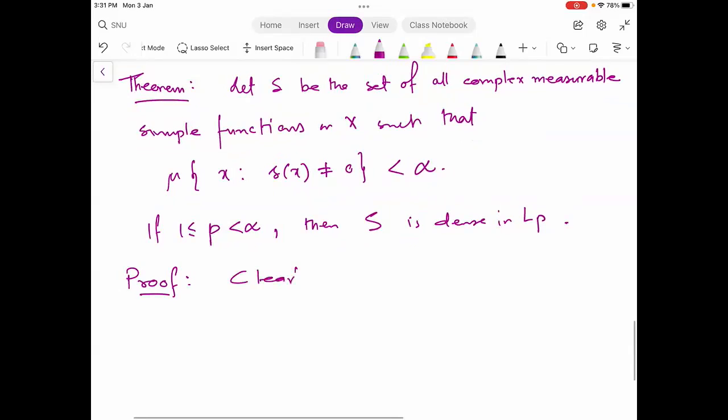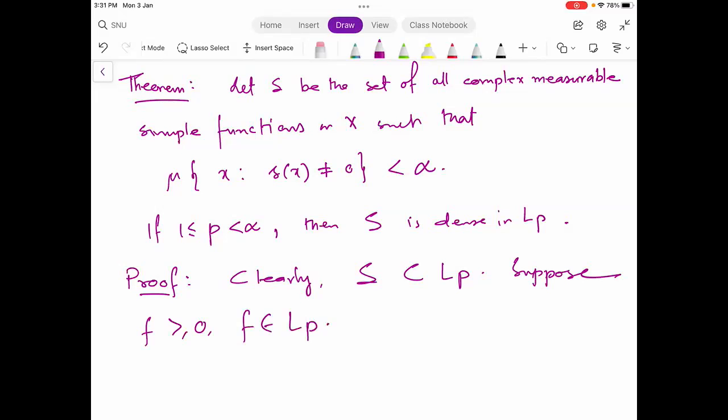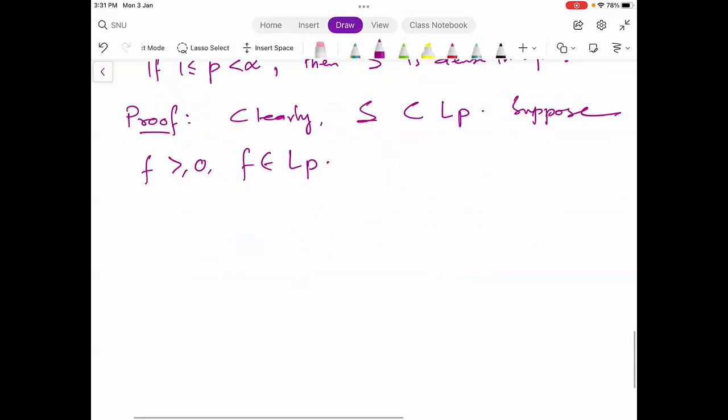Proof, for the reason which I already explained, S is contained in LP. Now I'll approximate an arbitrary F from LP by such simple functions. So first, suppose F is an LP function which is non-negative, and then I'll do the general case. Okay, this you have surely seen before, but to be on the safe side, let me define